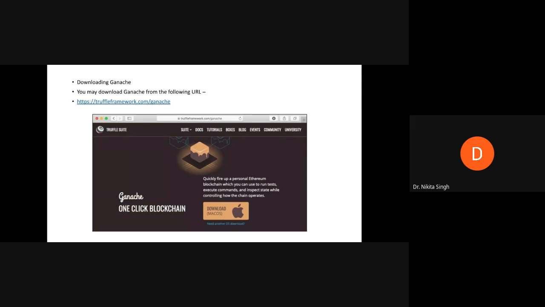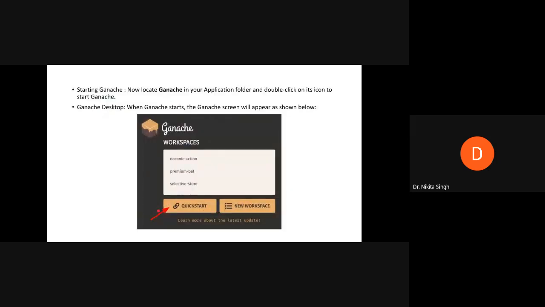When you open your installation, it will automatically download all the appropriate binaries that are required for running this on your system. Next, when you have downloaded it, you will open and run your application, and you can either click on new workspace to create a new workspace for writing your smart contracts, or choose from several predetermined workspaces available.